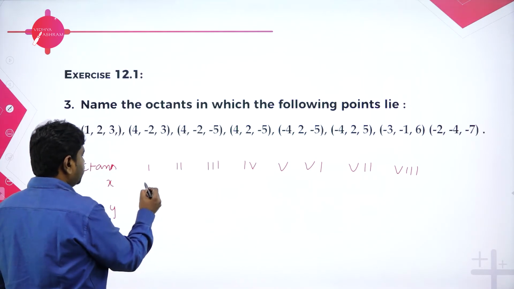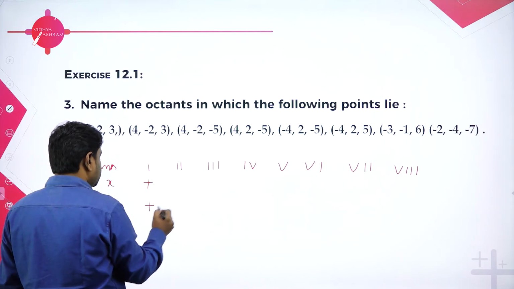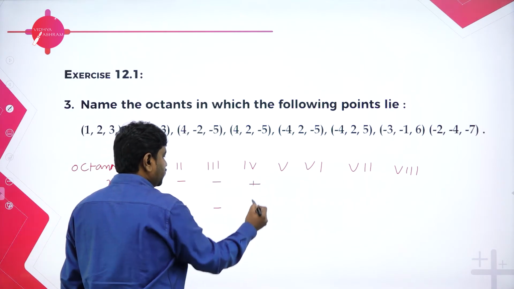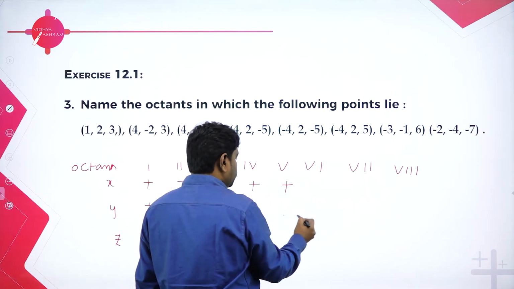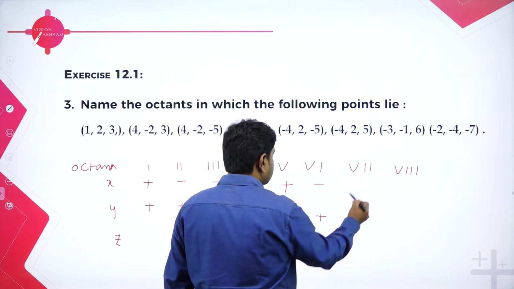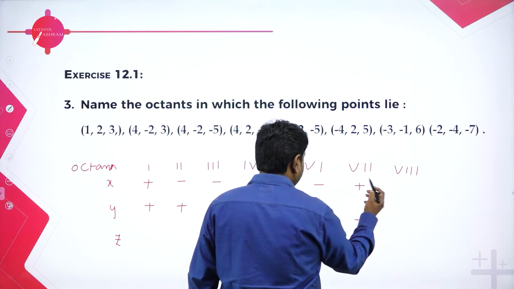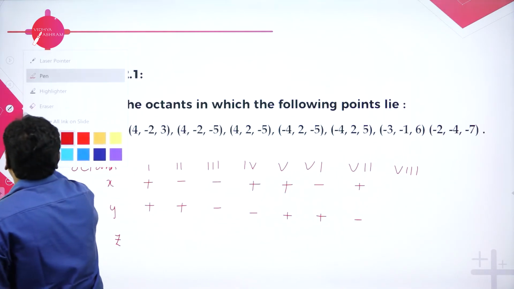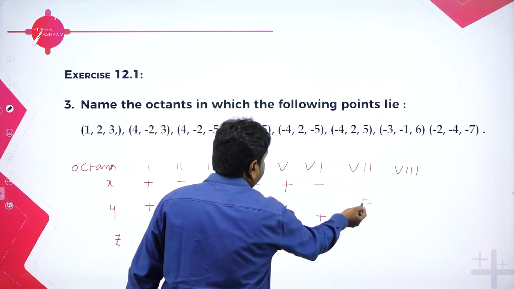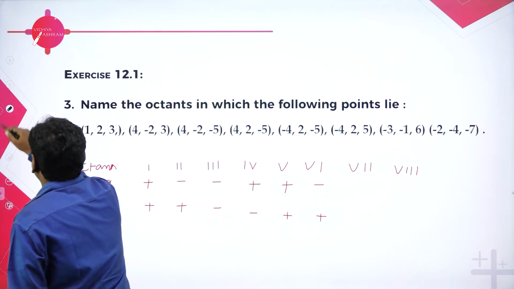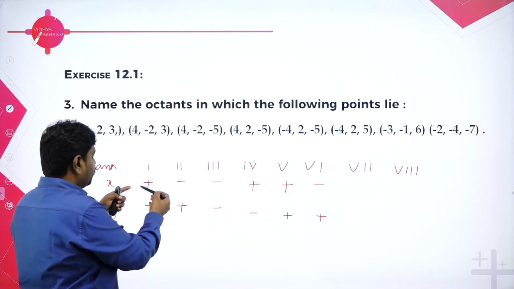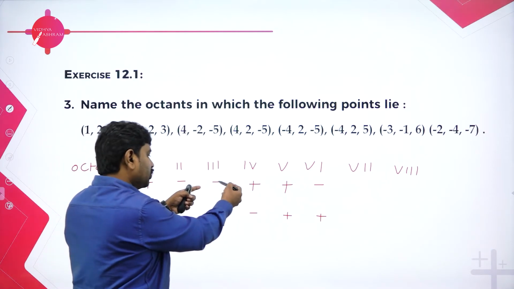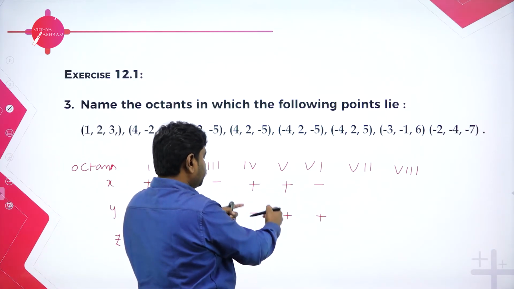Now you know how to generate this table. First plus plus, then minus plus, then minus minus, then plus minus. And I told you the logic. The first four quadrants we are filling as they are in the quadrant system. So in the first quadrant both are positive. In the second, x negative, y positive. In the third, both are negative. In the fourth, x is positive, y is negative.